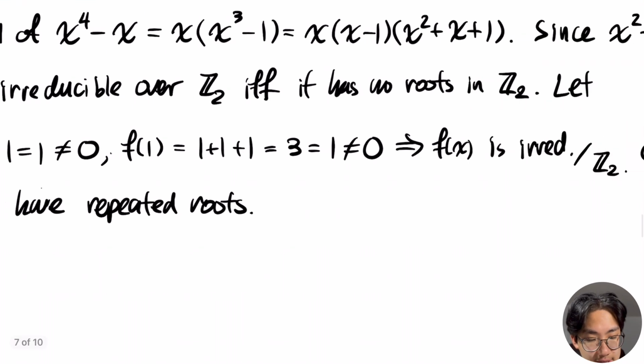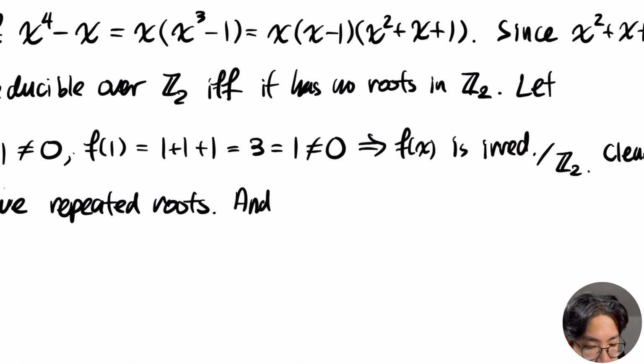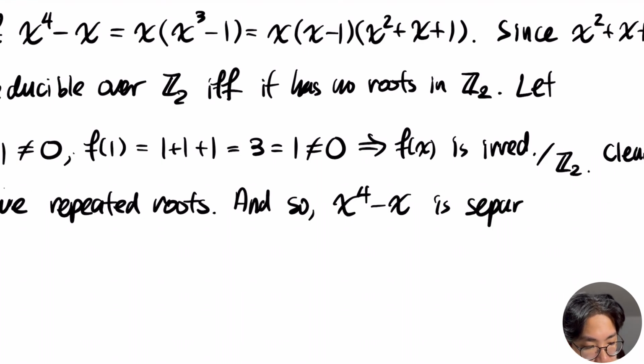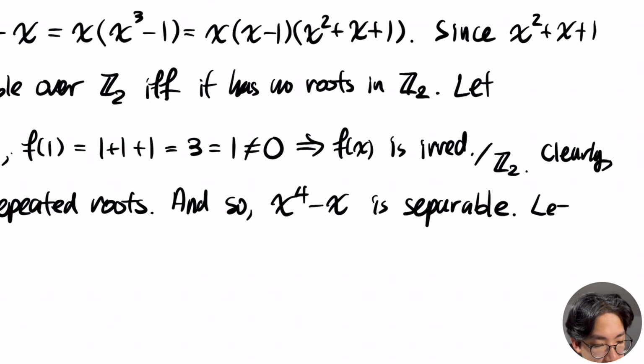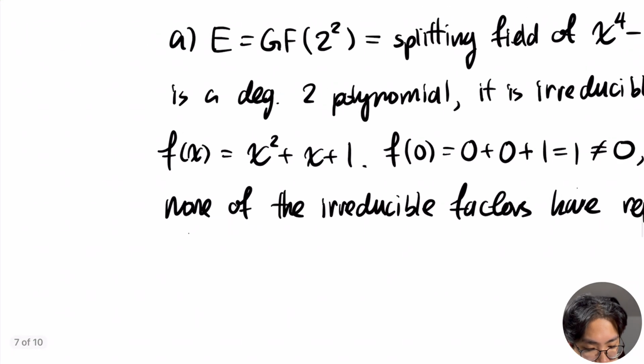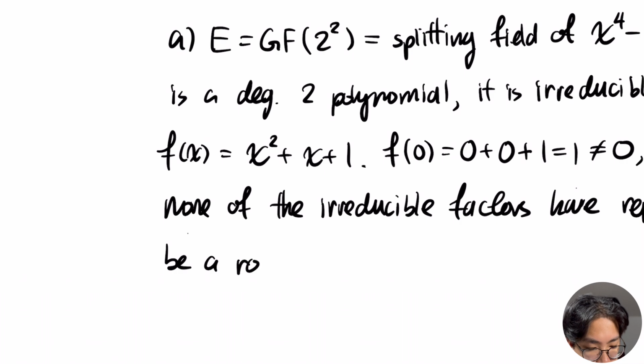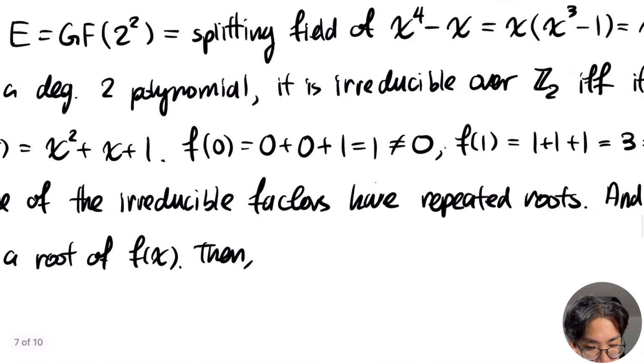And from this, again, as I mentioned, x to the 4 minus x is separable. So similar to what we saw before, we can just join some root alpha. So just say let alpha be a root of f of x. Then we know that the Galois field